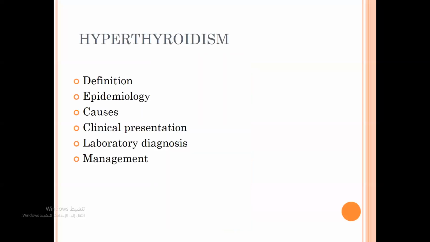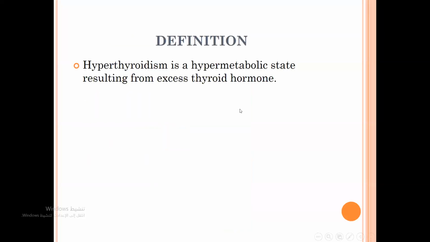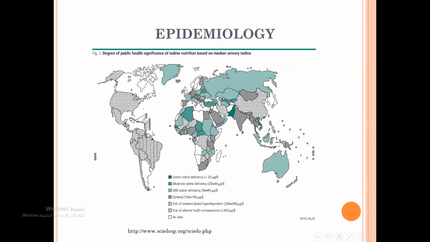Let's talk about hyperthyroidism. I will try to focus on toxic nodular goiter: definition, epidemiology, causes, clinical presentation, laboratory diagnosis, and management. What about the definition? We know hyperthyroidism is a hypermetabolic status resulting from excess thyroid hormone, and epidemiology, as you see here,